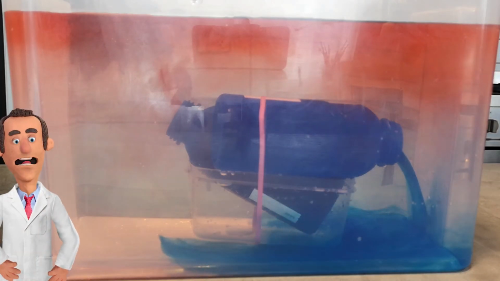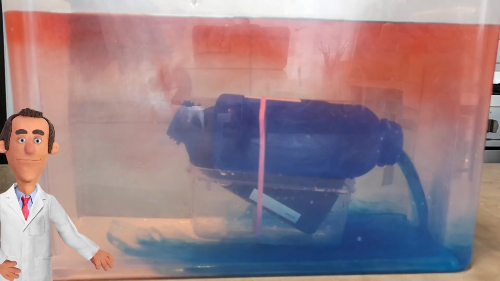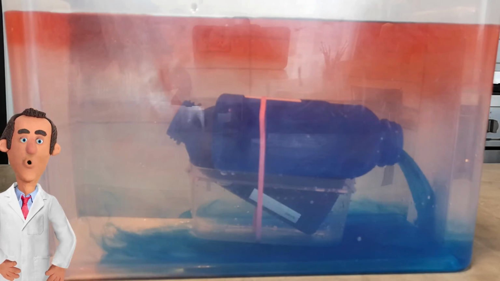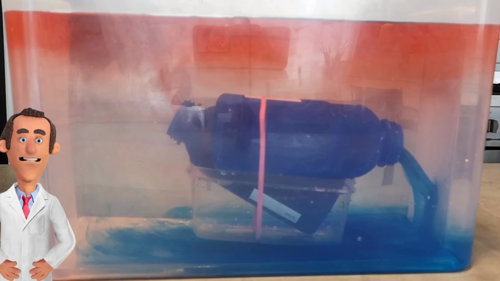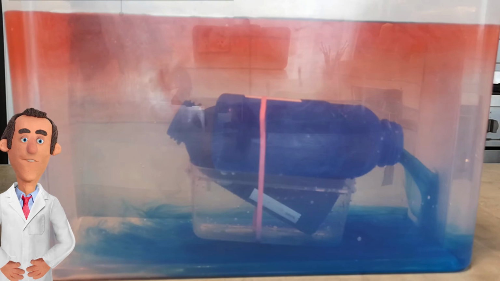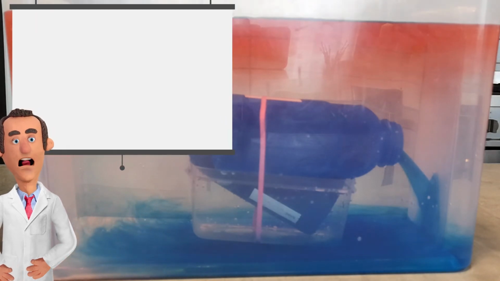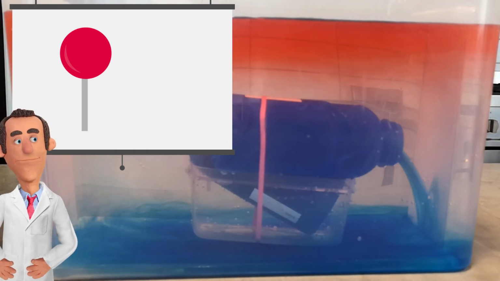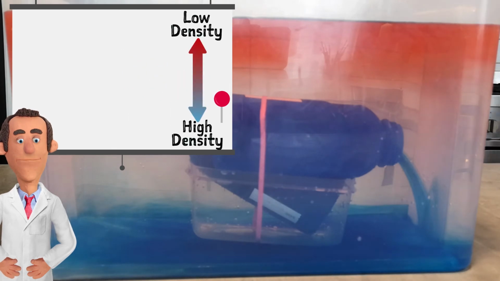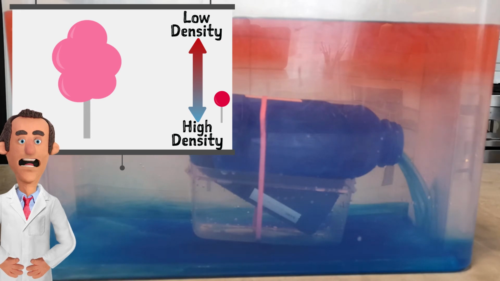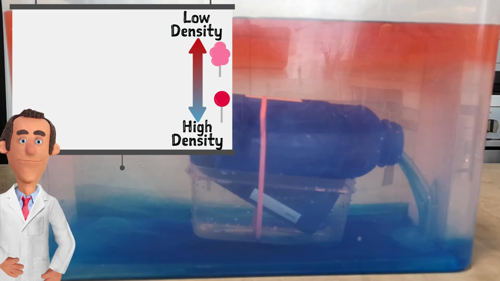What we're seeing is the cold water going to the bottom and the hot water going to the top. This happens because of something called density. Density is how squashed together or thick an object is. Let's compare density and sugar. If you have a lollipop, the sugar is melted together and is really thick, so it is really dense. Fairy floss is also made of sugar, but the sugar is thin and spaced out to make it fluffy. This is not very dense at all.